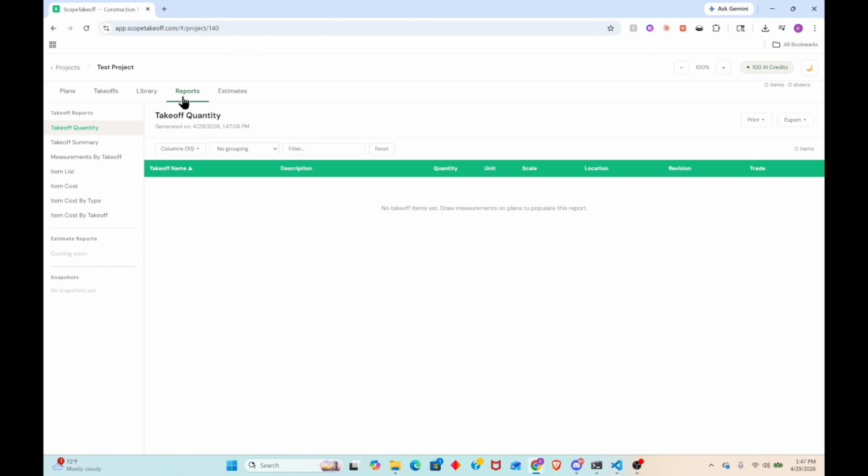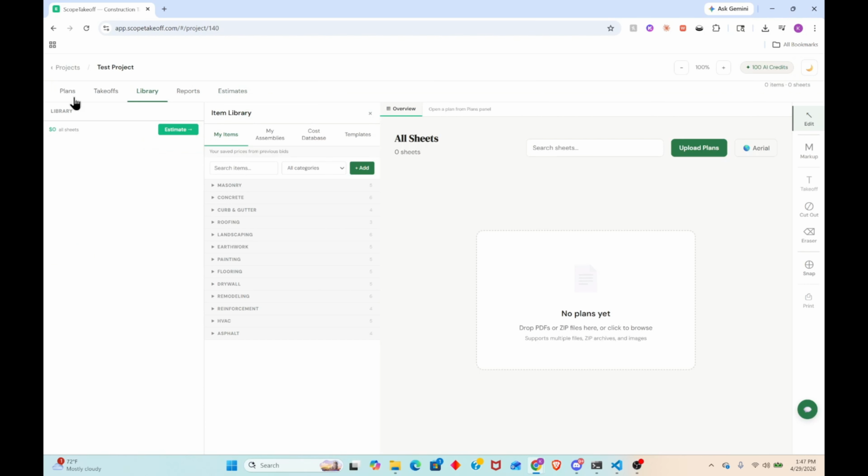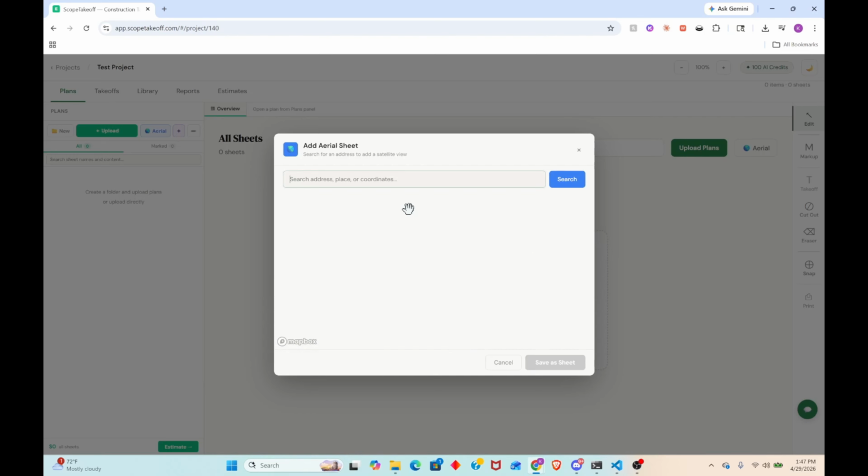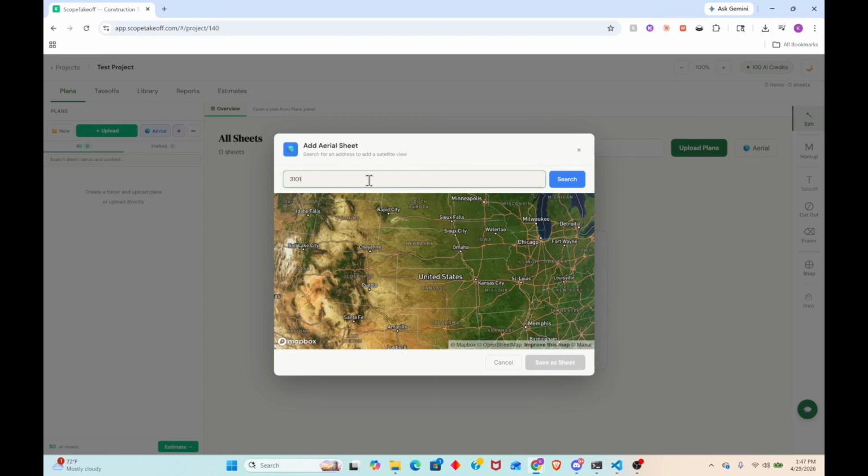Next, we have our reports, which I will dive into after we have done some takeoffs, same as estimates. So let me go ahead and upload some plans. Actually, before we do that, I just want to show you one feature that is really cool